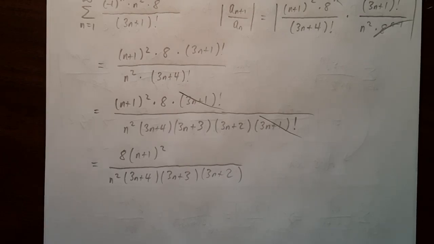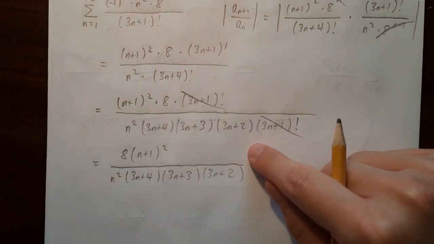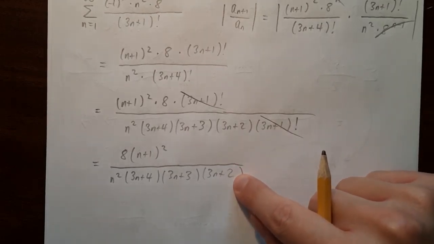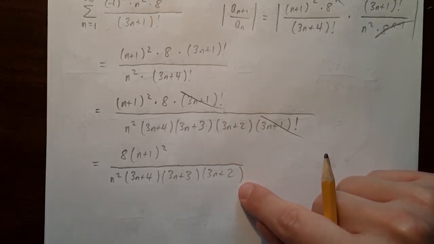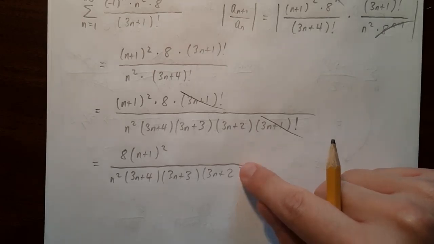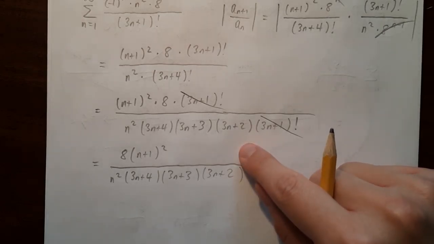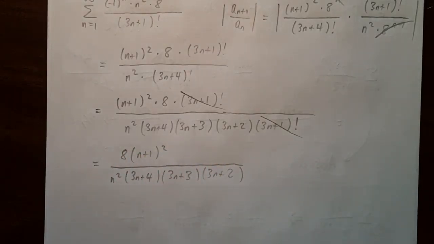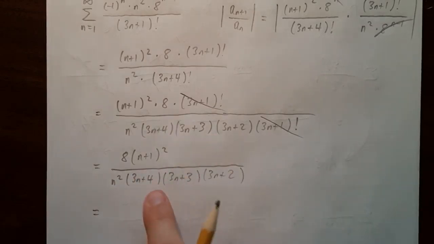So this looks a little bit painful, but remember, if you recognize the structure of this, this is a rational function, polynomial over polynomial. And if you take the limit of a rational function, you remember that the only things that matter are the leading terms. So in that case, I don't need to actually expand all of this out, which is what you might be afraid of. All I really need to do is keep track of what the leading term is going to look like, and that's not too hard to do. So looking downstairs,